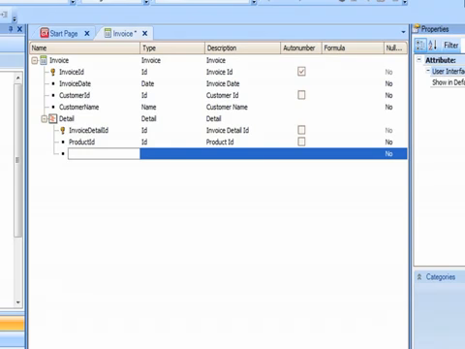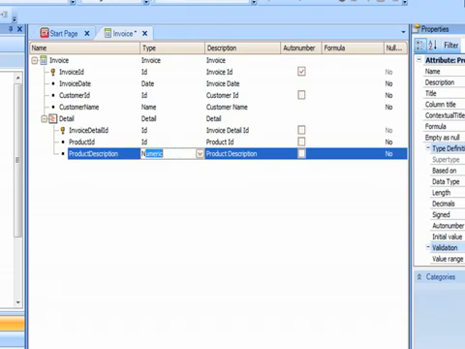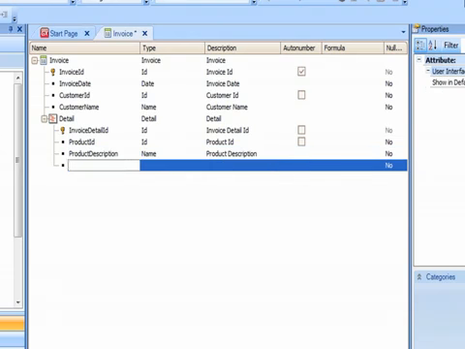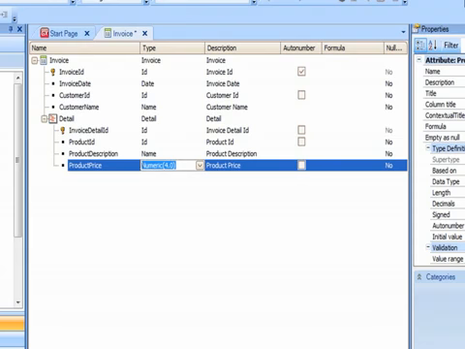The product has a description and a price. And here I will create a new data type, a numeric of 10.2. These new data types, called domains, give us an advantage because if we later change this